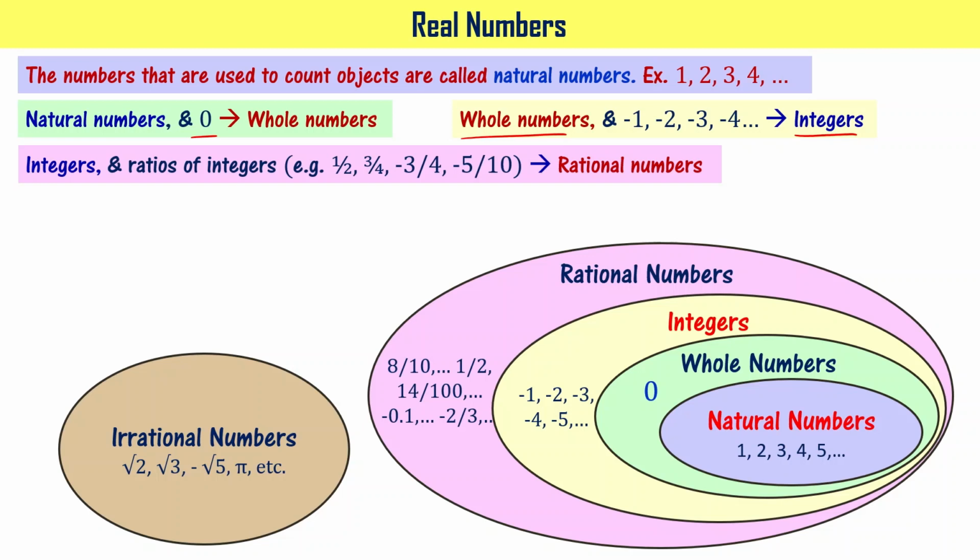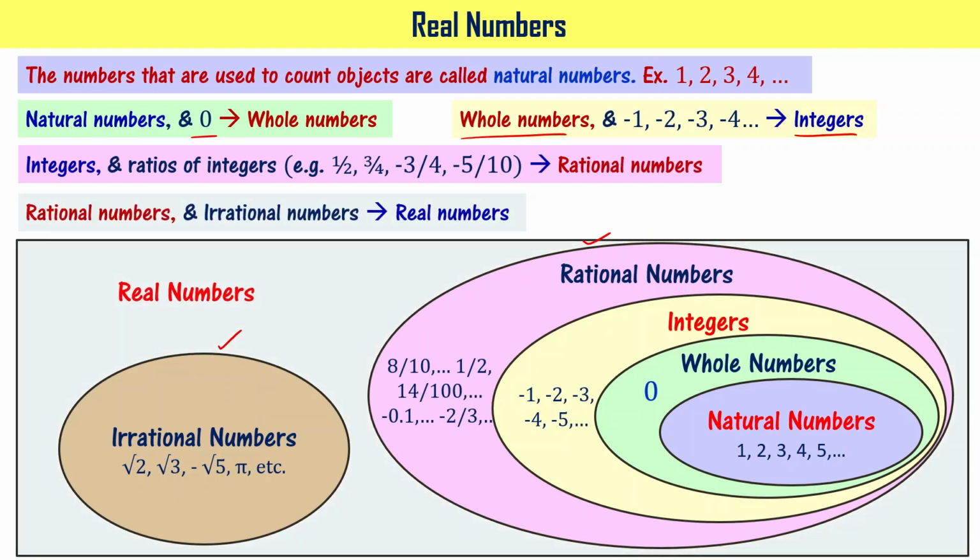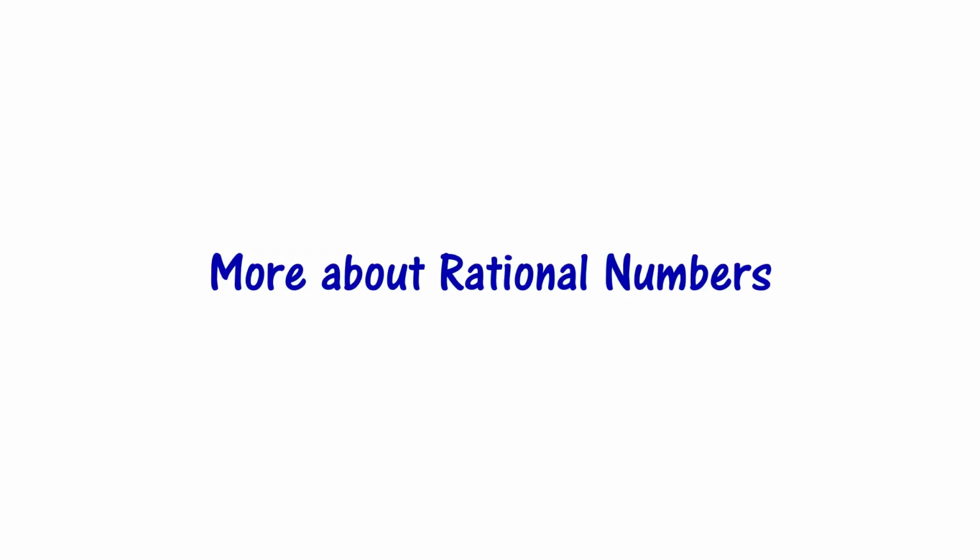We'll understand what it means by irrational numbers as we go further in this video. So when you put these two lists of numbers together, irrational numbers and rational numbers together, those numbers are called real numbers. Please note this. Got it? We said that real numbers are a collection of rational numbers and irrational numbers, right? To understand about real numbers, we have to first understand irrational numbers. That's what we said, right?